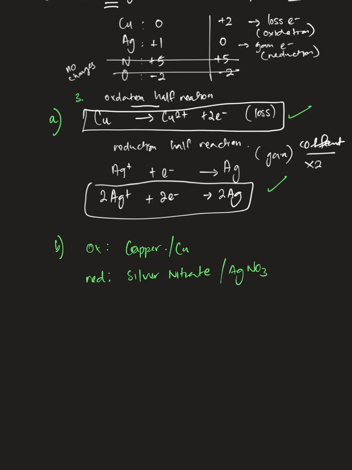Right, so the thing that goes through oxidation will cause reduction. So it's opposite. If this was oxidation, then therefore Cu, or copper, is the reducing agent. And since the silver went through reduction, we must say that therefore AgNO3,